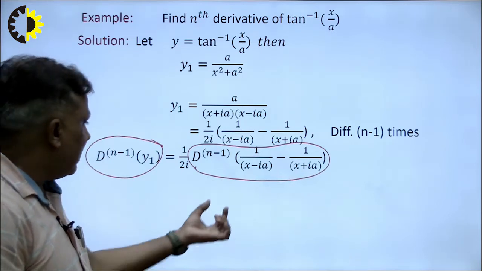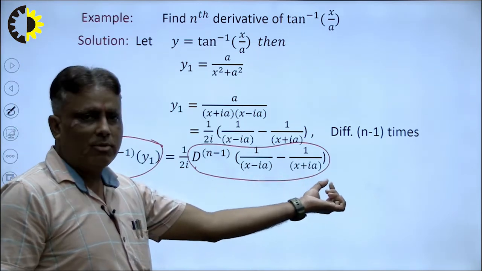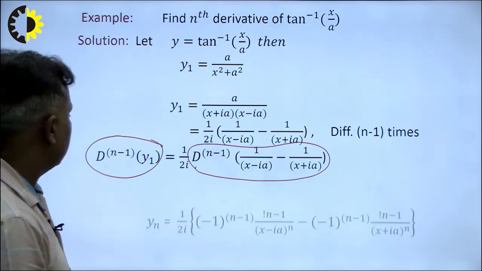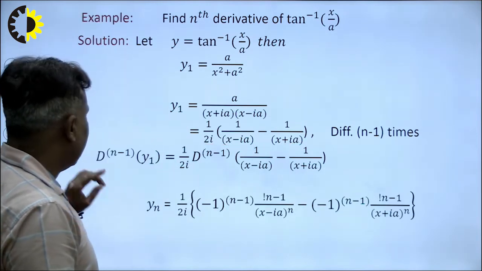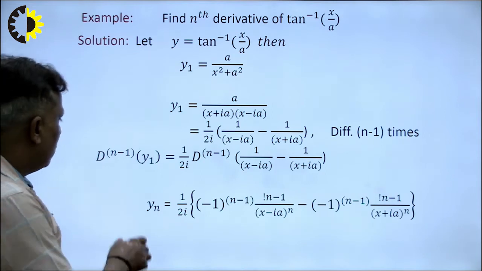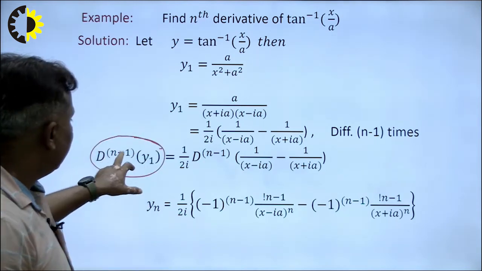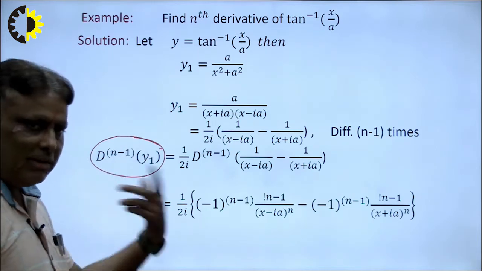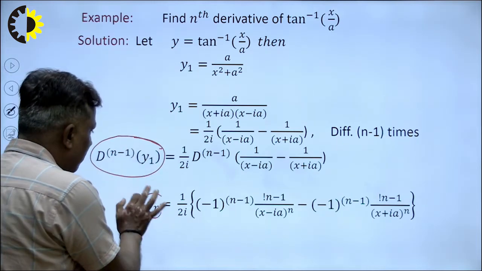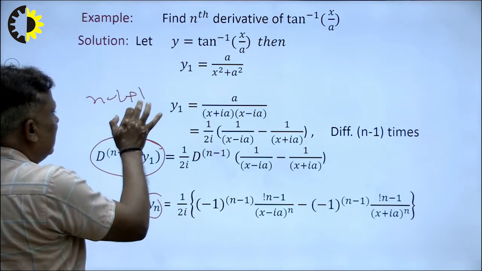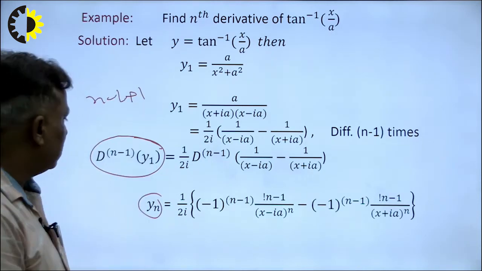Now the question is what will be the formula of this and what will be the formula of this? I explained just now the formula of this portion. Now I apply the nth derivative formula here. So what is the result of these terms? The result of these terms is the n minus 1 derivative of y1. So the total differentiation will be yn. Both are added, so n minus 1 plus 1 will be n, that means a total differentiation of n times.